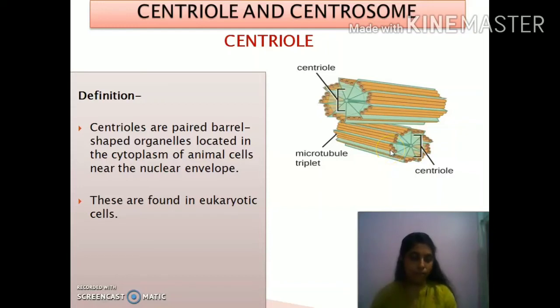Which are forming a single unit of microtubule, and like this 9 microtubule units are there. So they are termed as 9 microtubule triplets. Why triplet? Because 3 tubes are present as 1 unit, and so it is termed as microtubule triplet. So there are 9 in number. So this is cylindrical in structure and they are having 9 microtubule triplets in number. Clear?